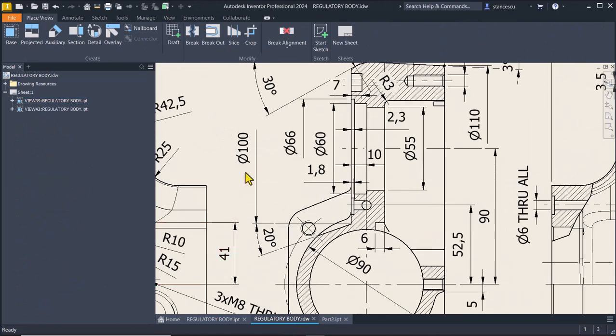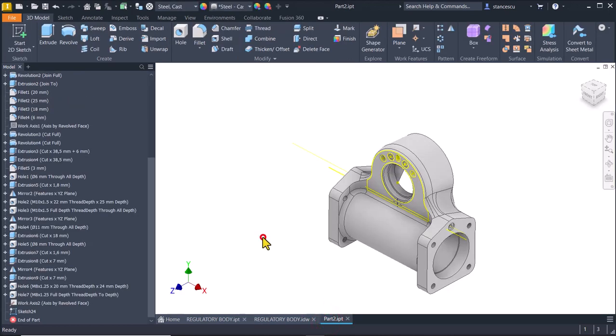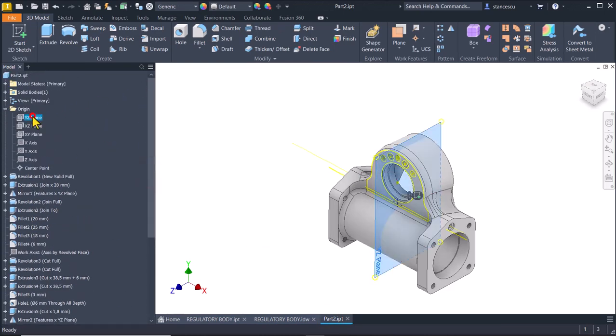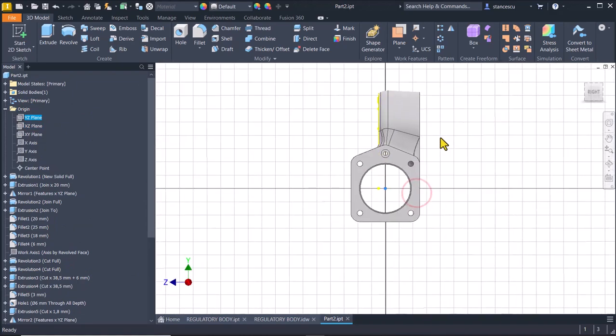Dimensions is diameter of 100 of this circle placed on this face, and 20 degrees here. We create this very easily. I select this plane, F7,